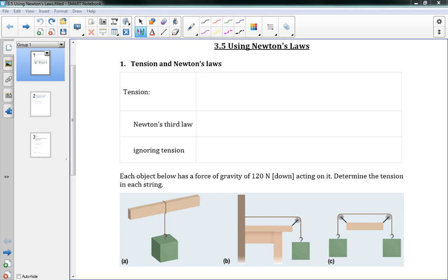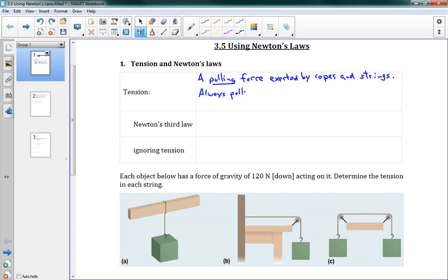All right, welcome class. So today's lesson is using Newton's laws, 3.5, and our first focus is going to be on tension. You might remember that tension is a pulling force exerted by ropes and strings. A pulling force exerted by ropes and strings, and tension is always pulling. It's only ever pulling, and it always